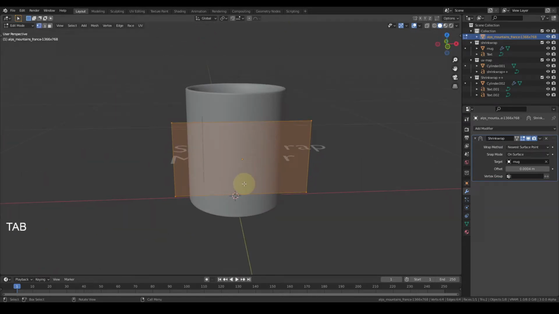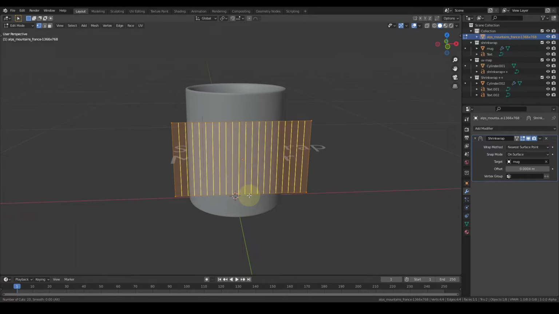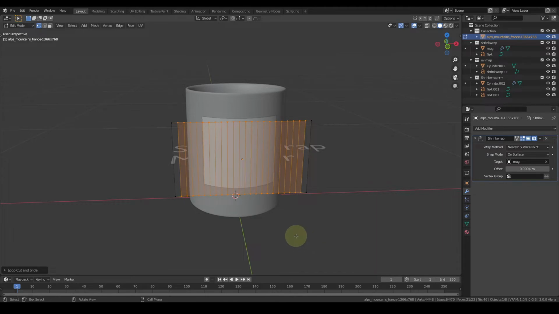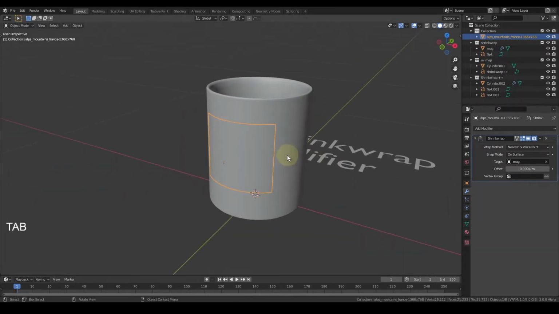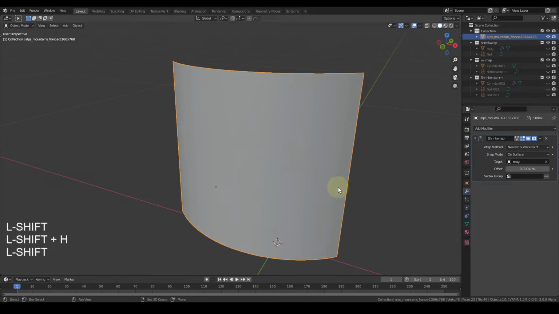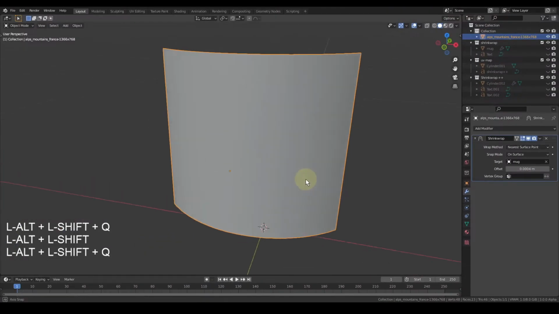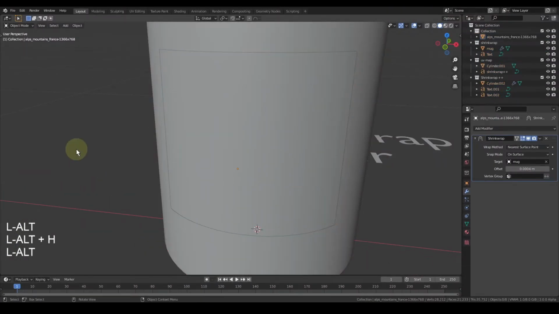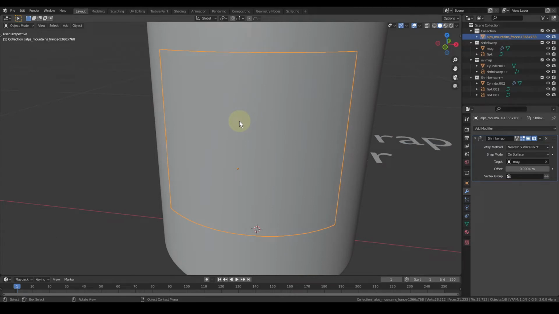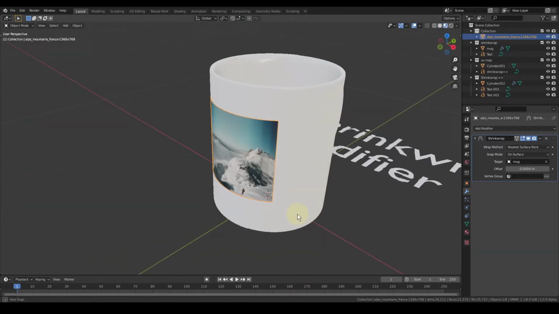For that, what you're going to do is remove the subdivision surface modifier and go into the edit mode by pressing Tab and Ctrl R to add loop cuts. I'm going to add 22 and then right click to commit. And when I exit the mode, you can see the result is the same. If I hide everything else, Shift H, this plane has only 23 faces, whereas the one with the subdivision surface modifier had 256 faces. So we have reduced the face count 10 times and there's no noticeable reduction in the quality.